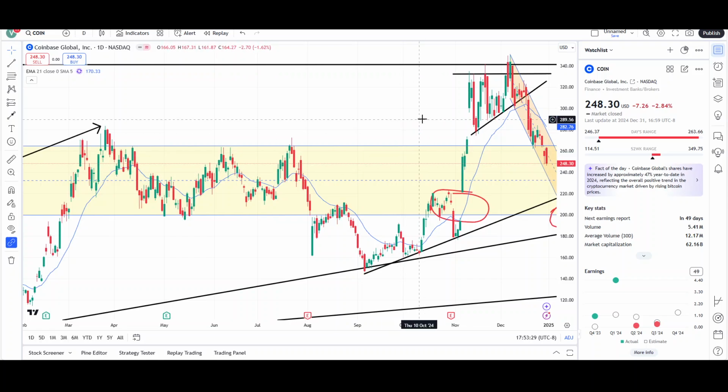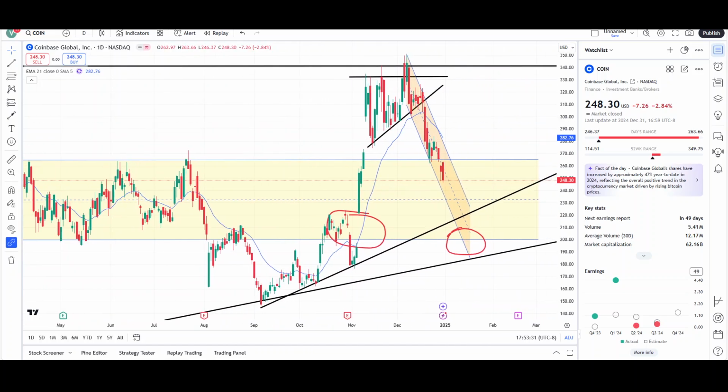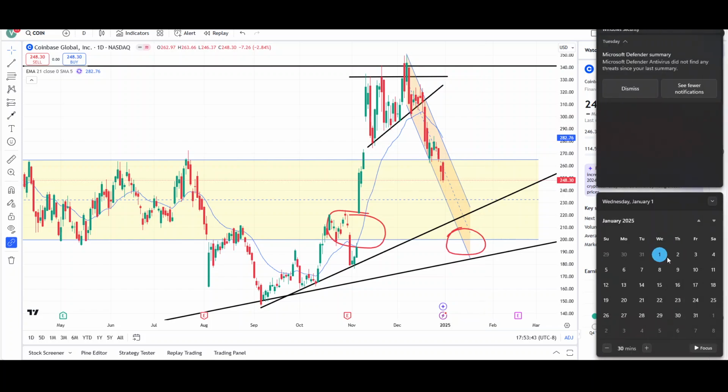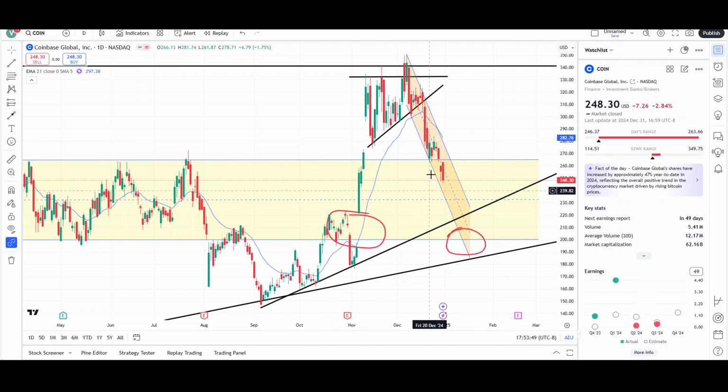So we're going to do a technical analysis update for Coinbase. Last time I looked at it was, I believe, on December 25th, Christmas Day. So it has been almost about a week now. Looks like last week Wednesday was Christmas. Take a look at the calendar. It was last week Wednesday. And you can see that since last week Wednesday, which was right over here,